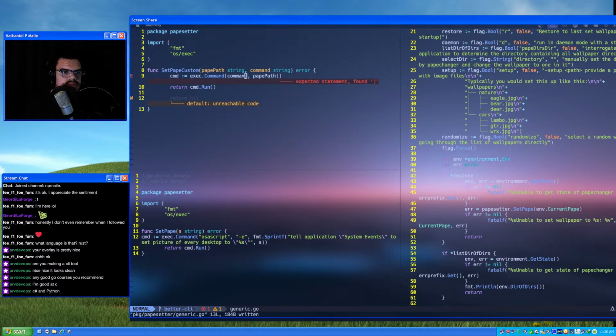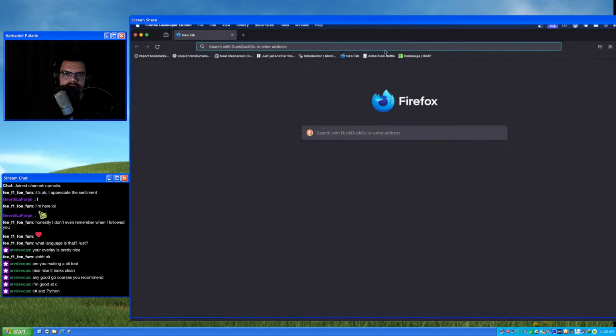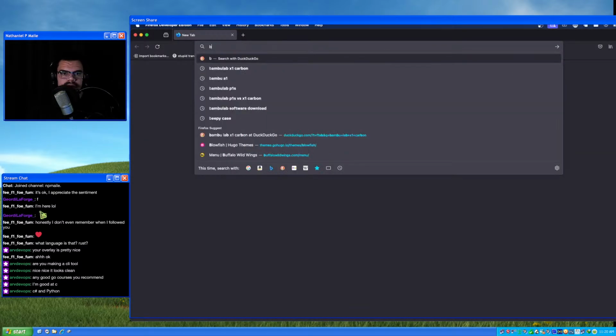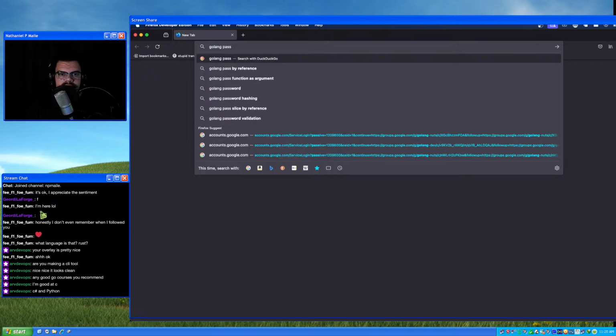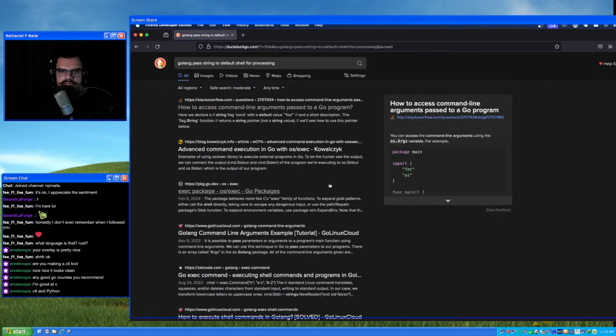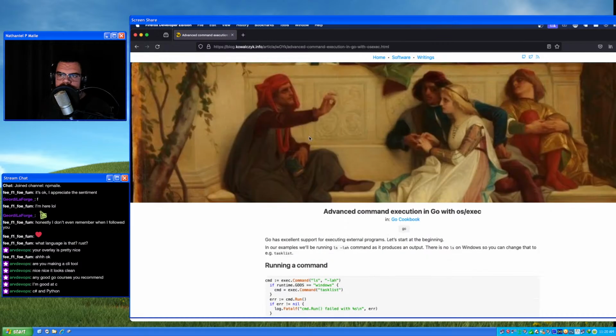So let's see. Golang pass string to default shell for processing. Let's see how that works. Advanced command execution.